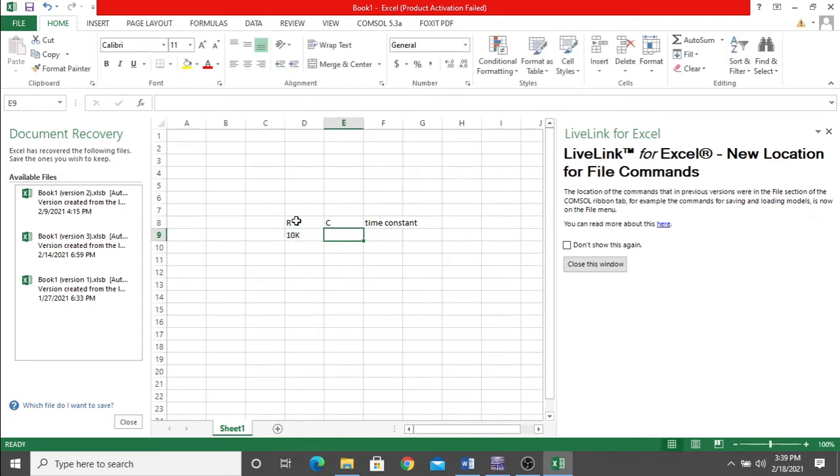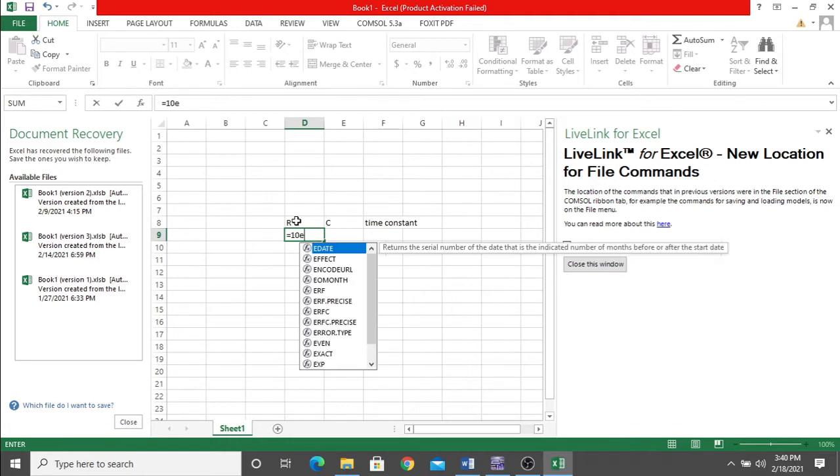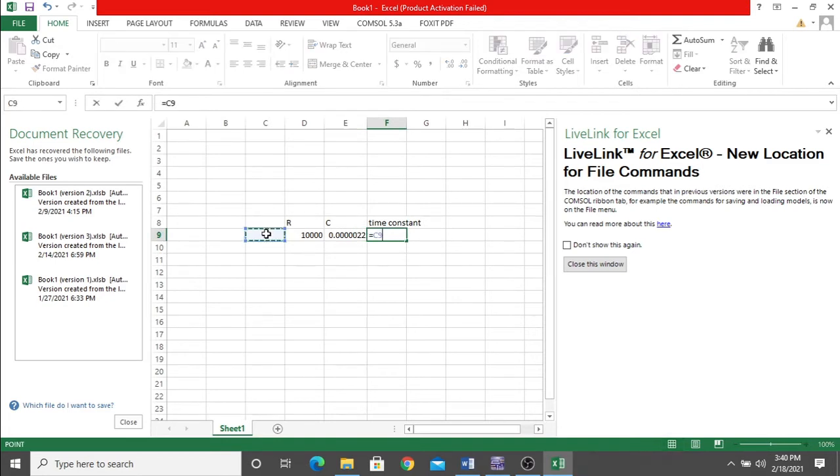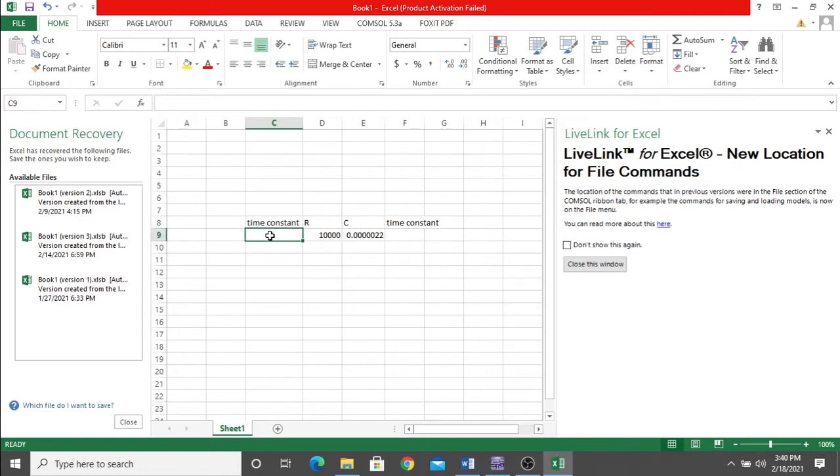You have to do one thing, press equals E 10 E 3, and equals 2.2 E minus 6, 2.2 microfarad. Here we go. Okay, 1, 5, 10.